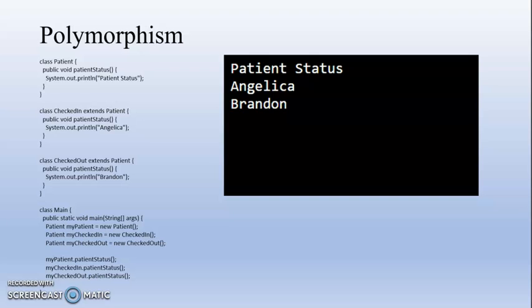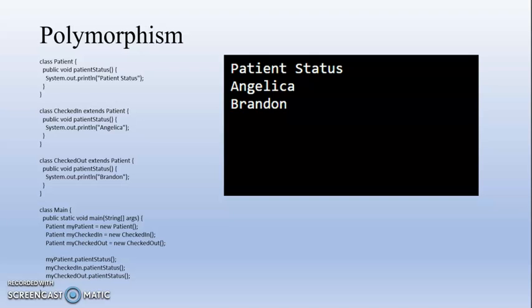So with polymorphism, we once again see our patient class, which also holds the method for patient status. We extend these classes to checked in and checked out. These are two other classes that extend from patient, and they can also hold methods that show which patients are checked in and checked out. So if you want to go into the patient class and extend it a little further to see who's checked in or checked out, you can also generate new objects